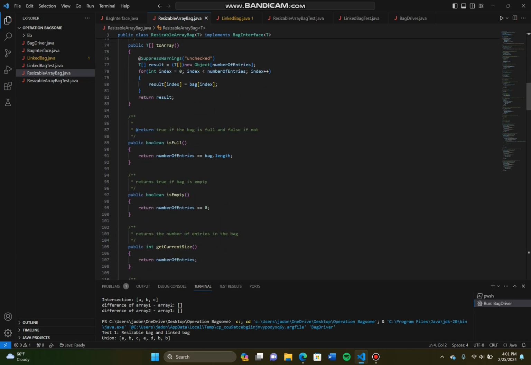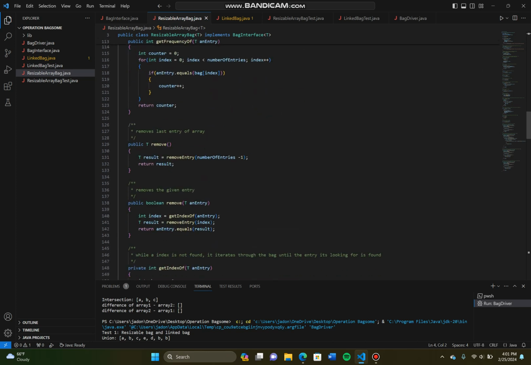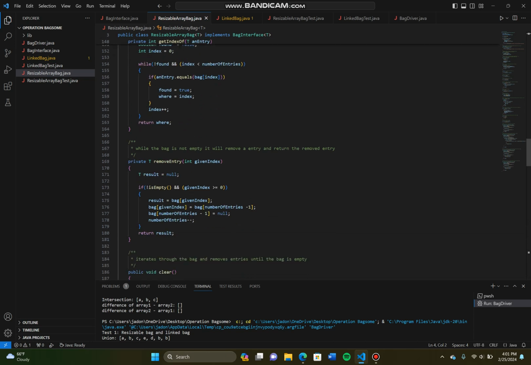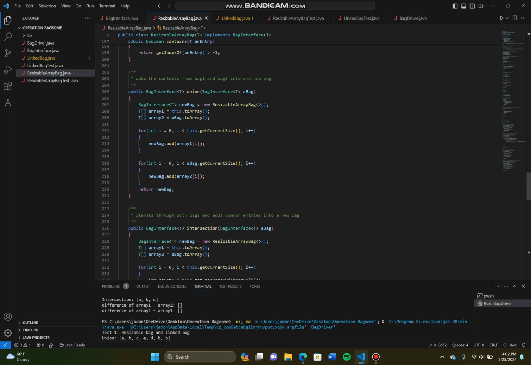And then a lot of these, again, are just the basic is full, is empty, stuff like that. And right here we have to remove an unspecified one, so we'll just remove the last entry. And then right here we have to remove a given entry. And then looking at the specifics for this project, we're going to start with union. Union is just going to add array 1 and array 2 both into a new bag. So iterate through array 1, add it to that new bag, iterate through array 2, and then again add